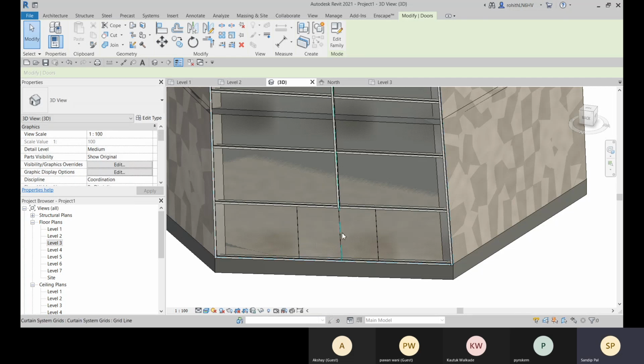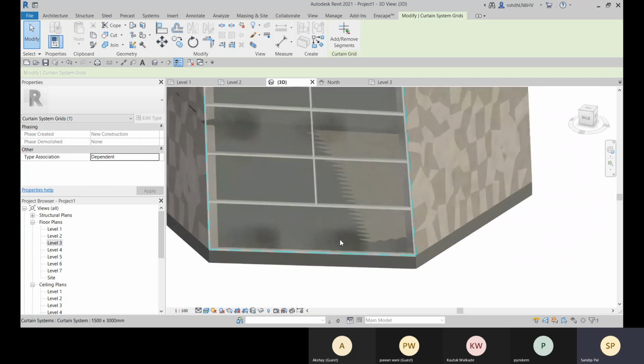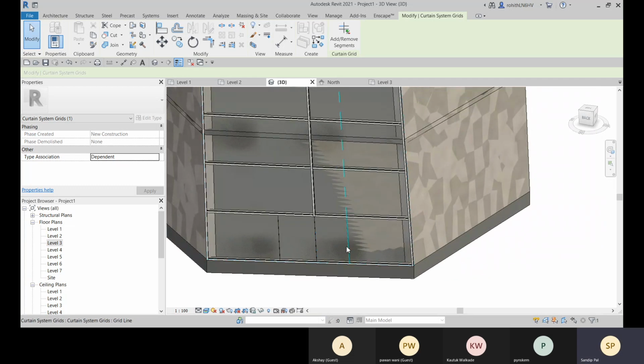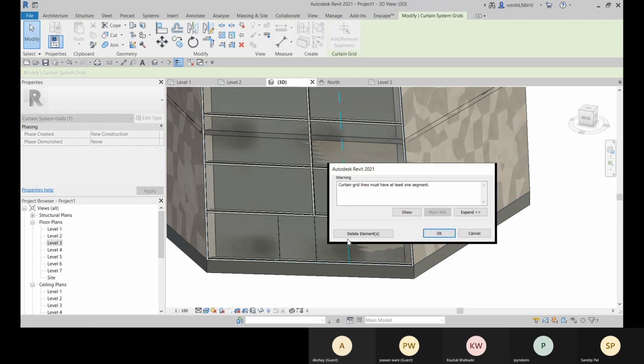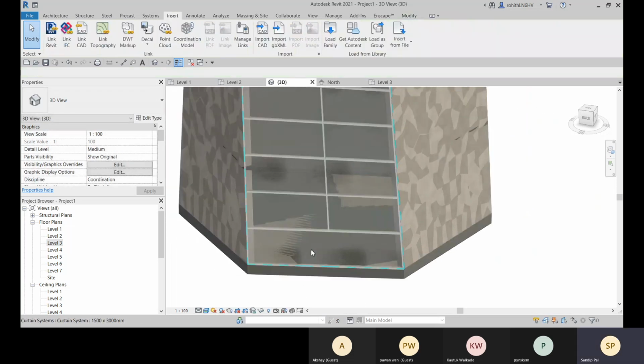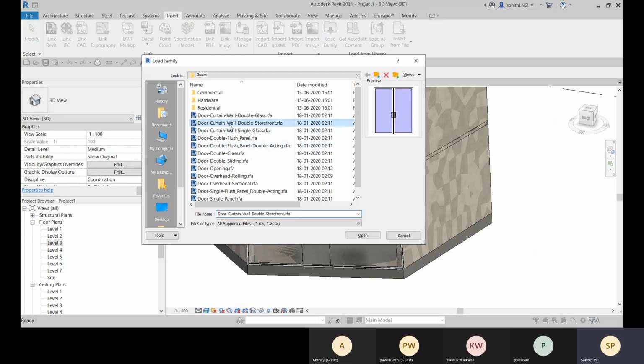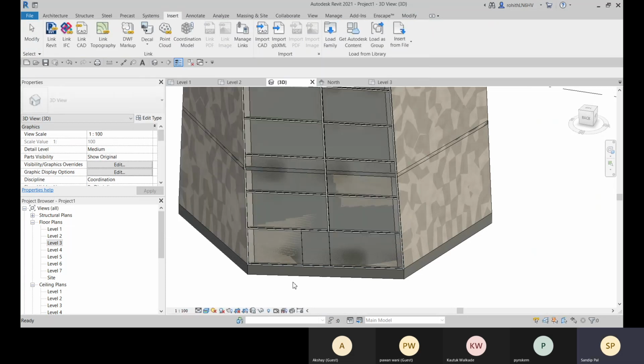Okay, I think the size is small. Okay, so let me do one thing that let me just place it here. Before that, let me go with this door.